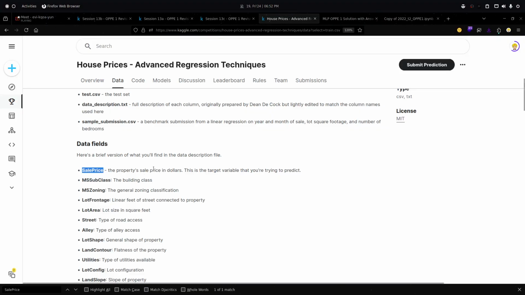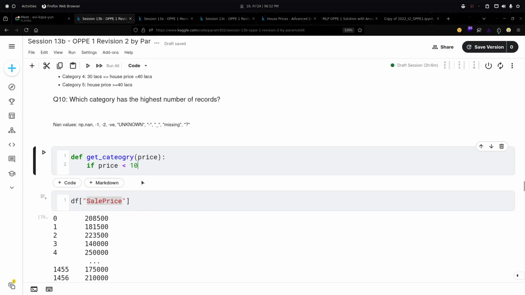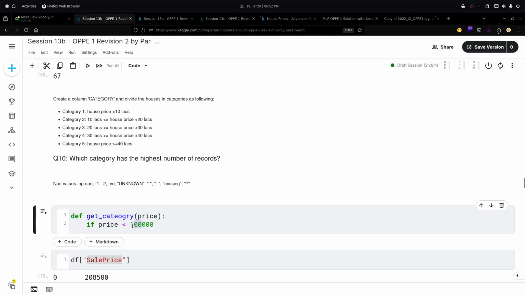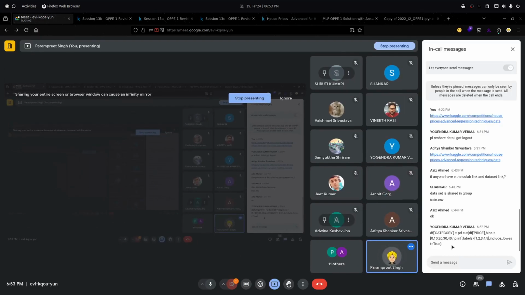So okay, it will be in dollars. The range is something like this. So 1 2 3 4 5 6. Let's use this. This is lakh. Okay, not 10 lakh. This is in 1 lakh dollars we can say. Okay, you win the name Alex.